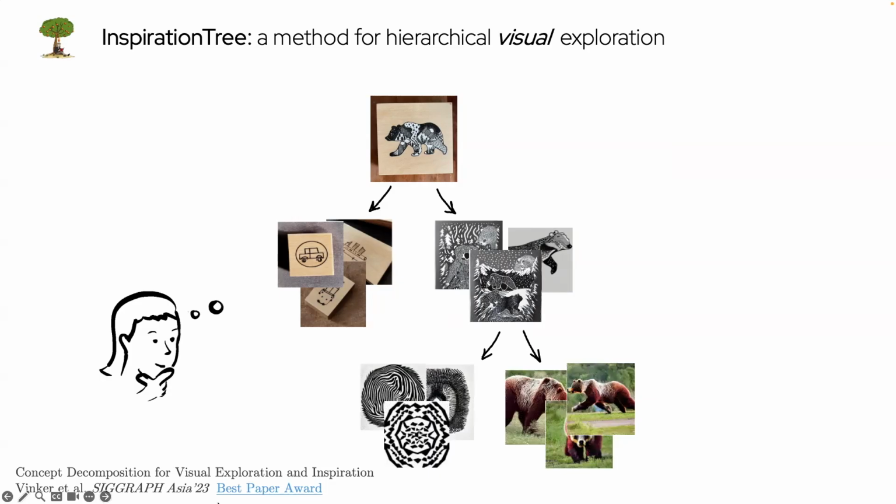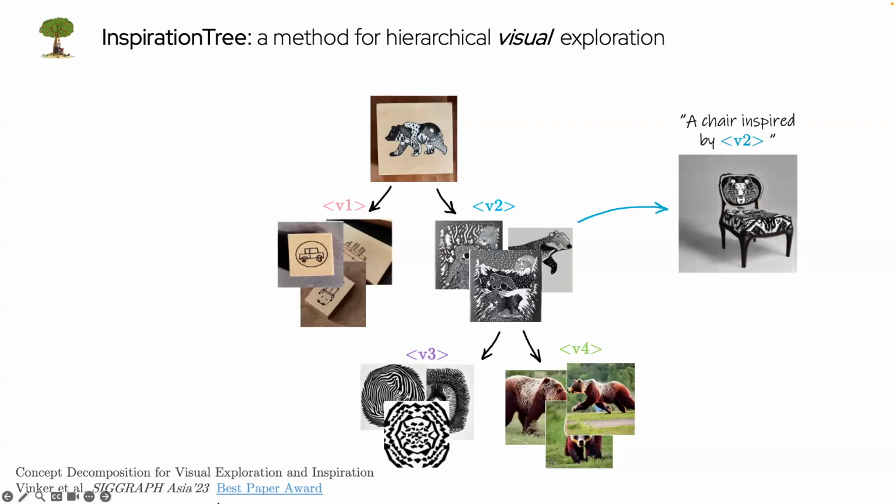So first, what we do is that given an image of your interesting concept, we automatically decompose it into its visual aspects that sit in this hierarchical binary tree structure. Now, each node in this tree is actually a vector that corresponds to a new word that can be further used for exploration. So let's assume now you have a visual image of some hierarchy and some interesting stuff,